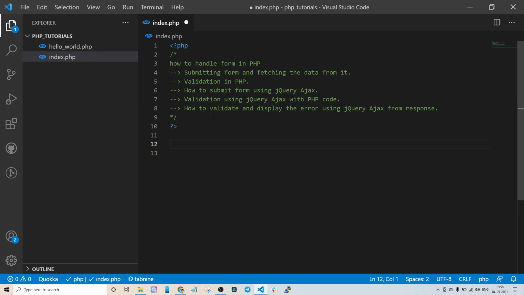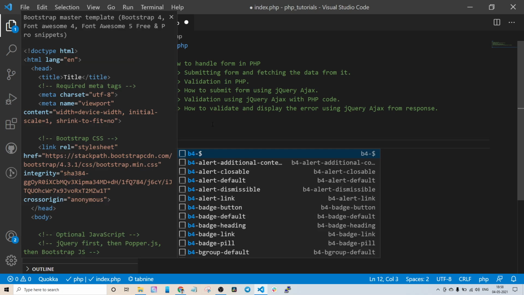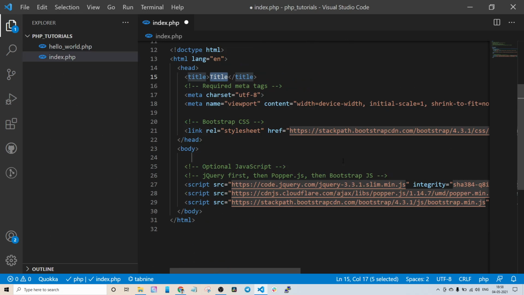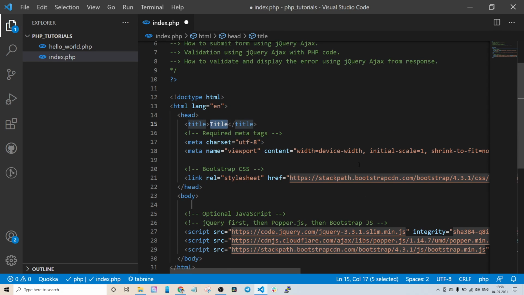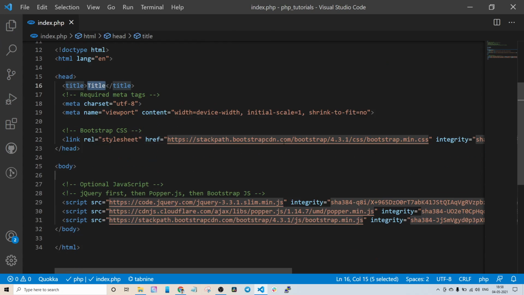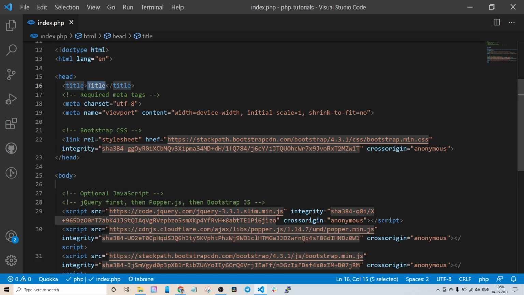I will close my PHP code, and here I will write "before", and then press enter. See, it is generating the Bootstrap 4 template, which means it automatically adds the Bootstrap 4 CSS, and also jQuery, and also the Bootstrap min.js and popper.min.js. If we wrote these things ourselves, it would take time. That is why we will go a little bit faster,